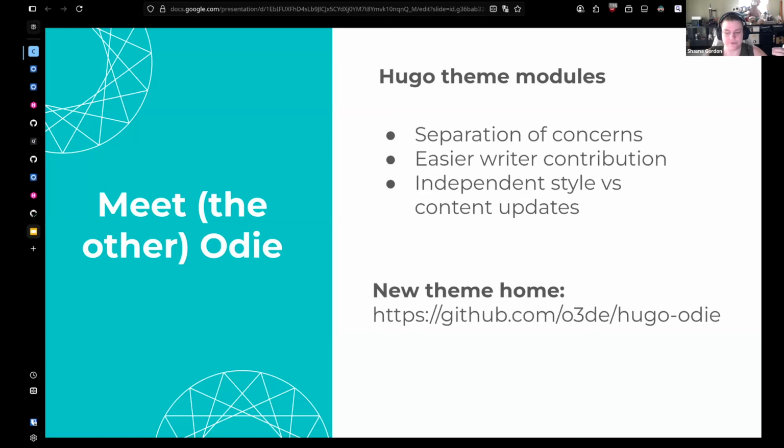This allows us to do these larger theme updates that we're going to want to do, and allows the main repository to be more focused on content, which we're hoping will help content contributors to jump in a little bit easier and not be quite as intimidated with all the other extra stuff that's in it. And allows us to have content updates in the one and more theme specific updates, and have those just separated in general, because I am a programmer and I like separation of concerns.